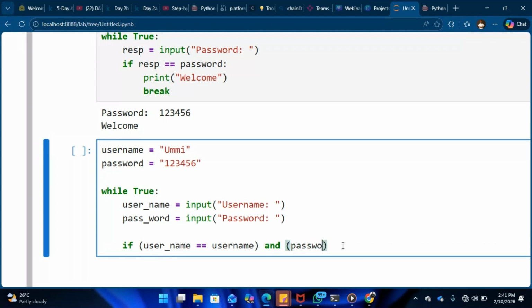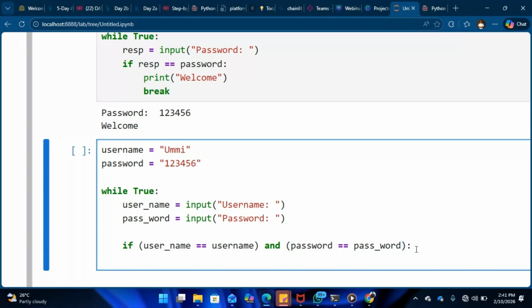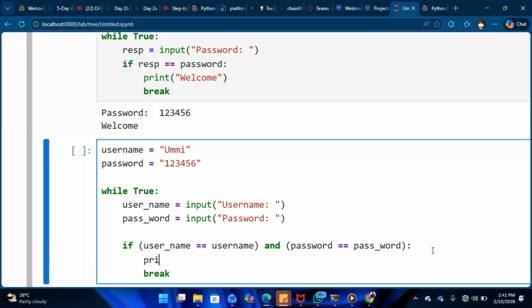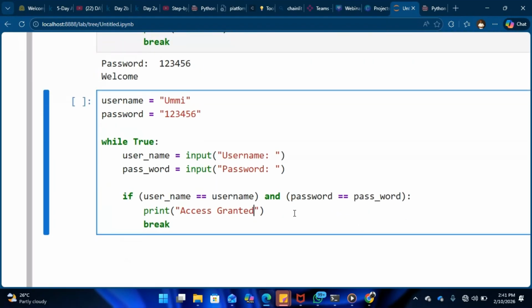And I hope you've not forgotten how you used to log into your email or any other place that needs authentication, right? Break, or before break, let's print something like access granted, right? So it will break. Else,